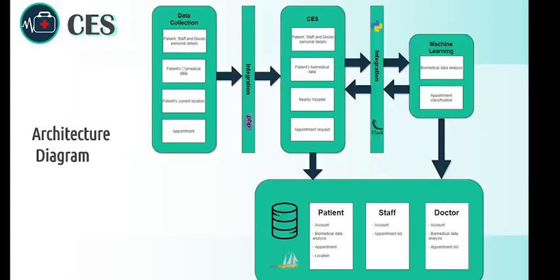So this is the architecture diagram. The system starts with data collection: the personal details of the patient, staff and doctor, and then the biomedical data, where the ECG and heart rate data are taken, and then the patient's current location is also taken, and whether the patient wants to make an appointment with the doctor. This is integrated with the system, where the system will display all the personal details and the analysis of the biomedical data, which is done using Python. Here is the biomedical data analysis classification, and the appointment classification is also done here